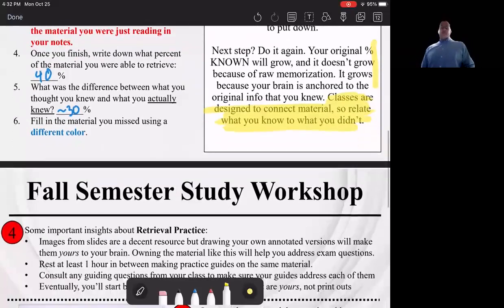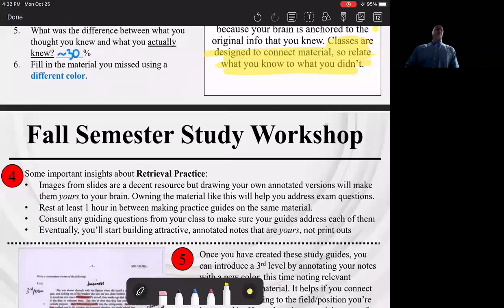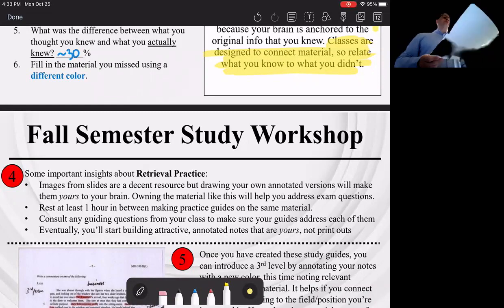So 4 is kind of the final section on retrieval. It's just saying, here's the step-by-step for these. And if you have it labeled, you can do the date, the version, and the subject that you're doing. Eventually, if you keep these enough, you start to see the progress that's being made. And that's a very cool thing to see. You can't do that by just rewriting notes or rewriting lectures, right? You start to see the amount of red sink away from the pages. Again, like I said, it's definitely a harder use of that time, but it is a far more efficient investment.